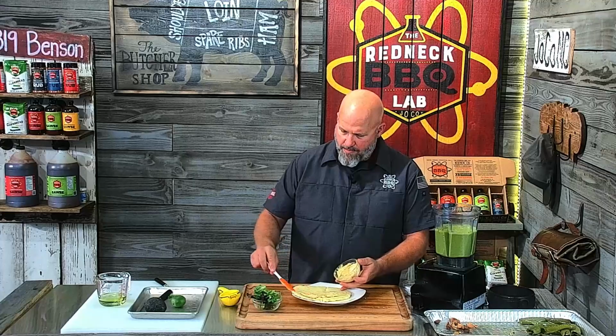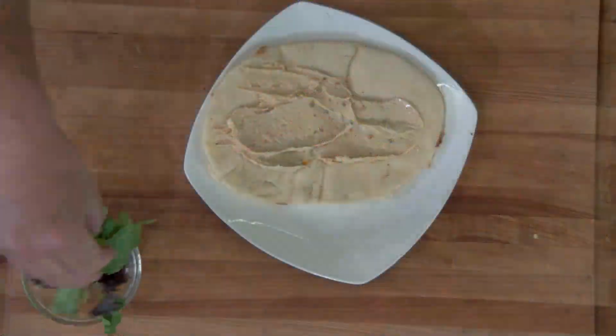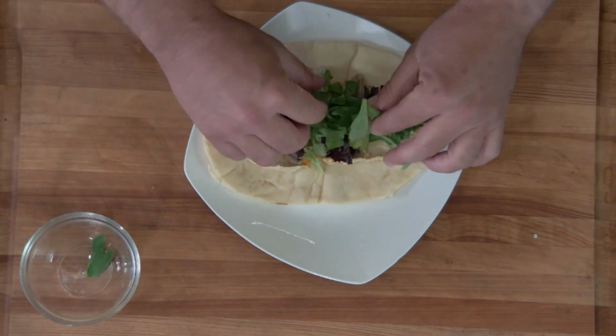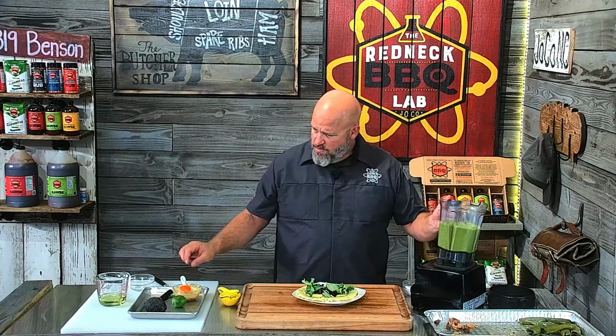So we'll put a little bit of hummus on there on the bottom of this naan bread that I prepared. We'll put a little bit of some spring mix that I have here. Just regular old salad, whatever you got in the refrigerator. It doesn't have to be anything fancy. And then,